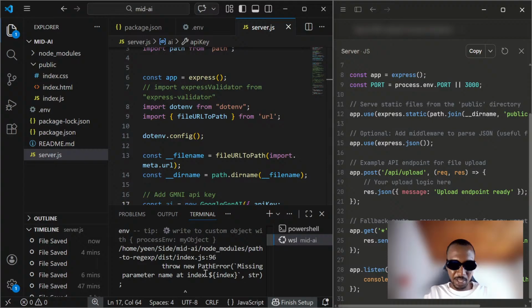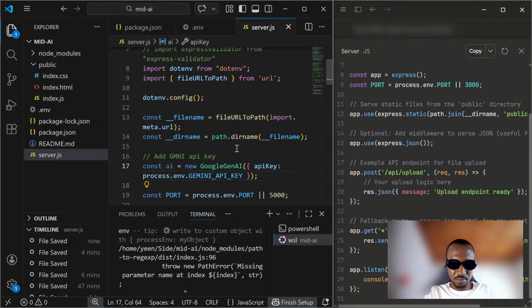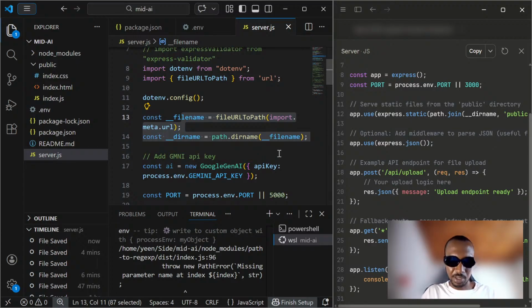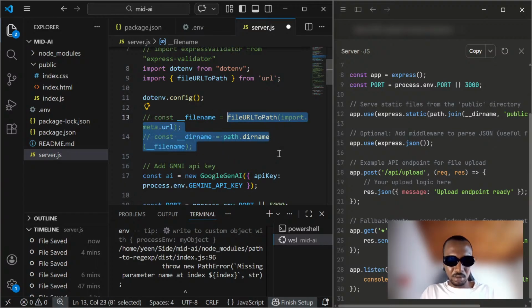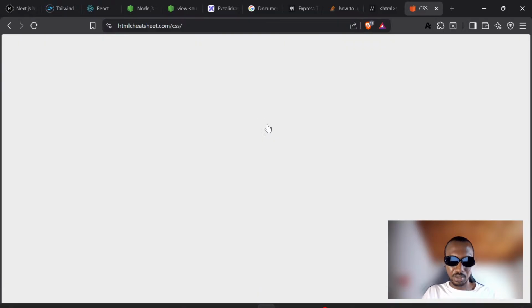Missing parameter name at index. This means we are adding a bunch of things that are not helping us, and this is my problem with AI stuff. Maybe this is an issue, not an AI issue. Let's just check MDN to see